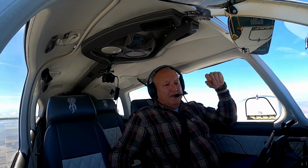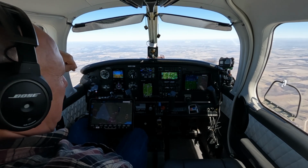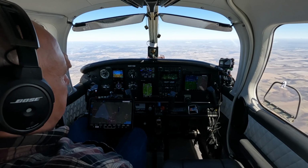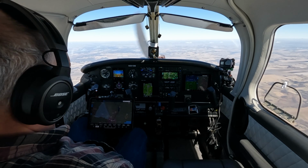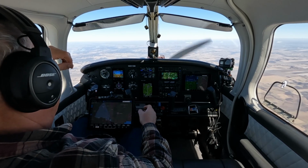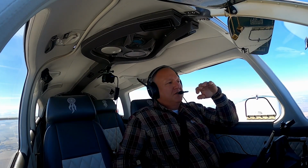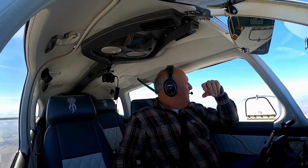So usually that's what I'll do if I'm using vertical nav to get down, and then once I figure out which runway I'm going to use, if I decide to shoot a visual, I'll wait till the vertical navigation stops. That's why I set it out just a little bit further, because you need to have the airplane pointed at that 3 mile final approach fix that the visual puts up for you. And you got to be, you know,